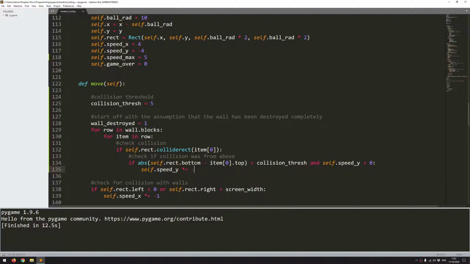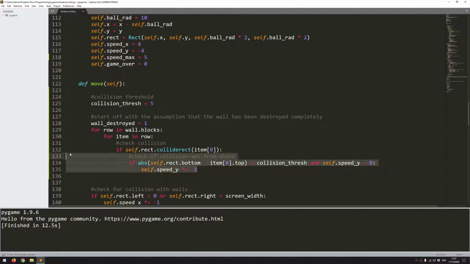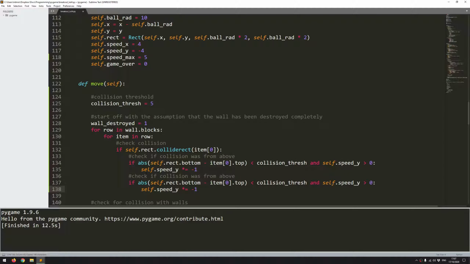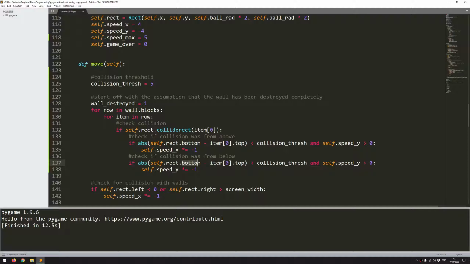Multiply by itself times -1. Now I just copy this down and I do the exact same thing for checking if it's from below. Check from below. And now I flip this round, rectangle top. So this is the top of the ball rectangle, and the bottom of the block rectangle is less than collision threshold. And the speed now this time, because the ball is moving up the way to collide from below, the